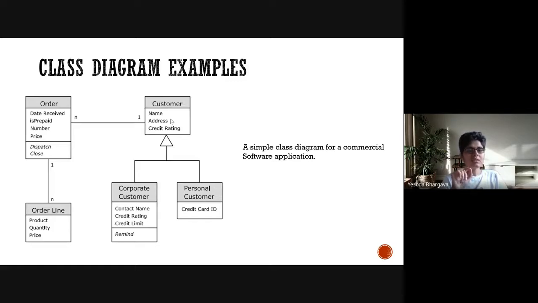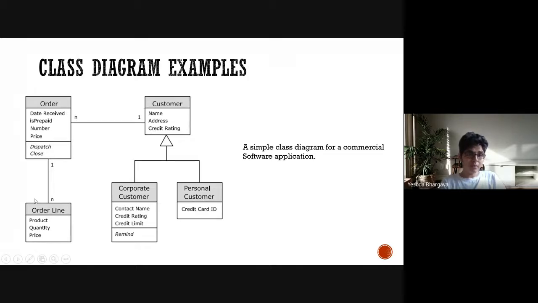Next we see the association between these multiple classes, and note that every class is associated with at least one relationship with another class. In this particular diagram the creator has not shown specific associations like aggregation and composition. Maybe they might have shown it in a second version, but it is fairly intuitive that one order is associated with one customer. However, a customer can have multiple orders.